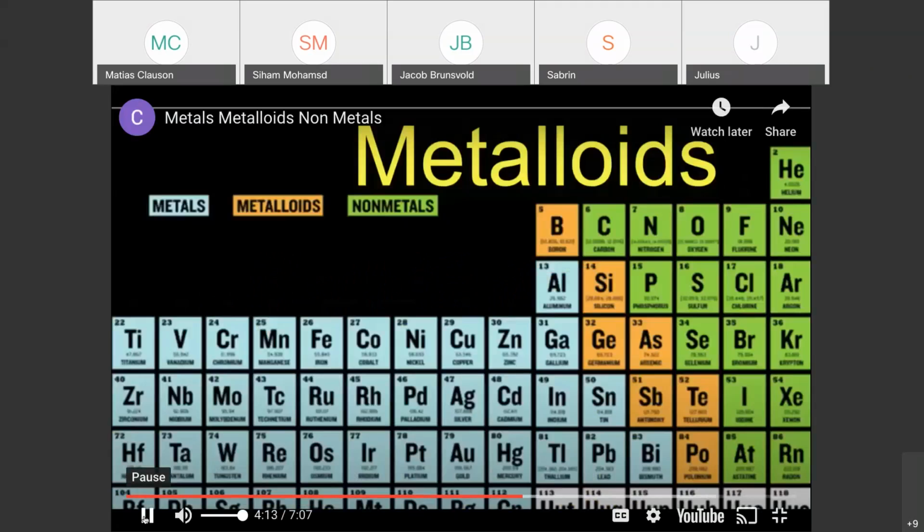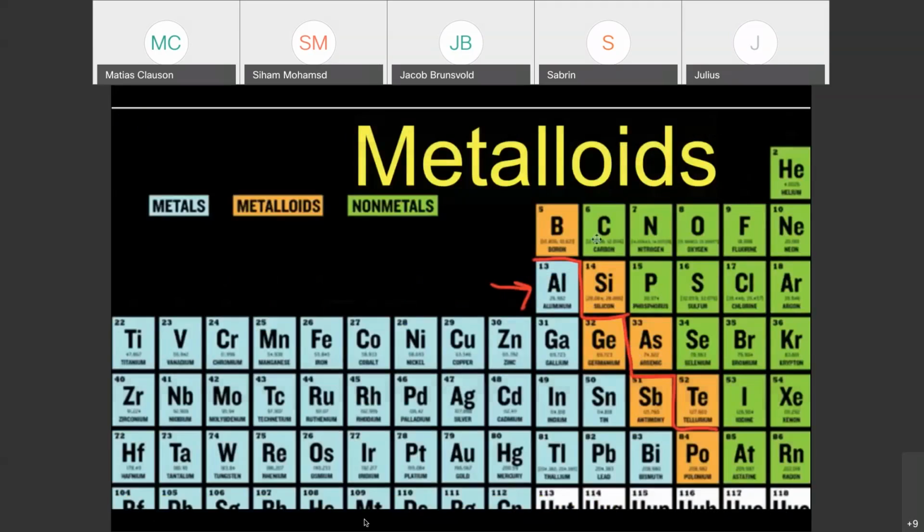Metalloids are in between metals and nonmetals, both in characteristics and where they appear on the periodic table. So we say that there's that stair step. It comes right down through here. And anything that's on that stair step is going to be a metalloid. The one exception is aluminum, right? Aluminum, while it's on the stair step and it appears like it would be a metalloid,